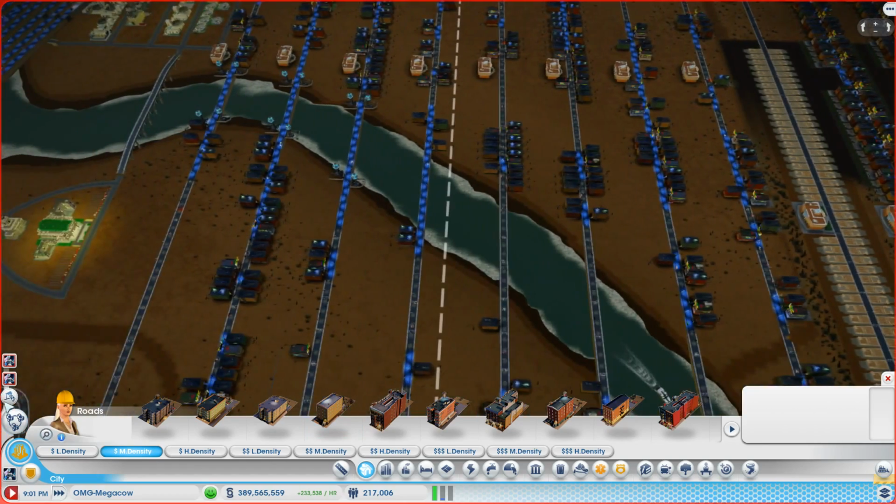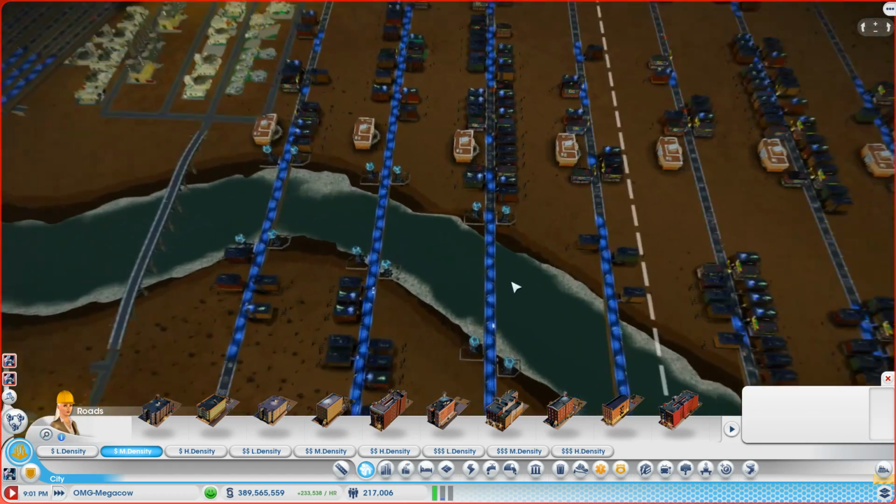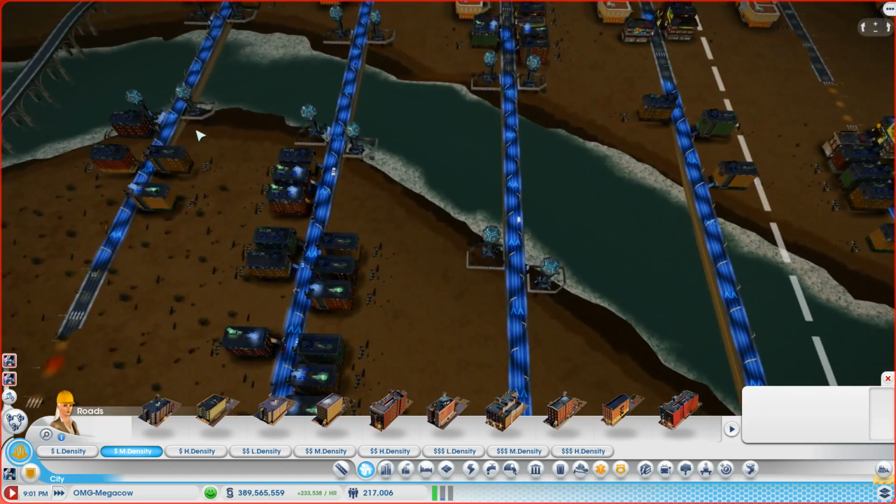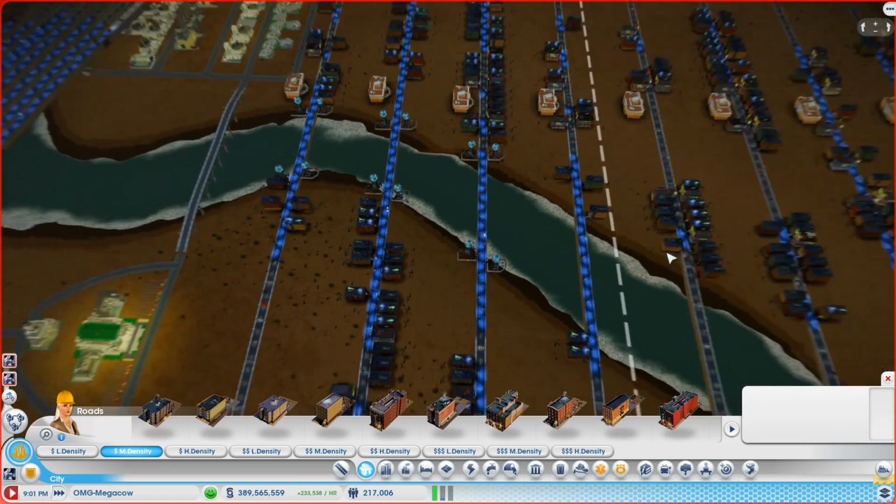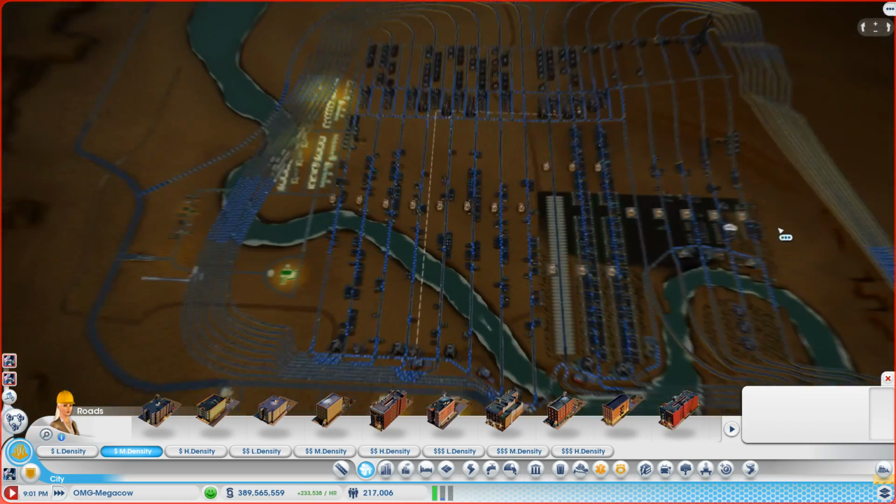I did start to run into some water problems, so I've added a few more water towers down here, and I still had a few more questions about the distribution.